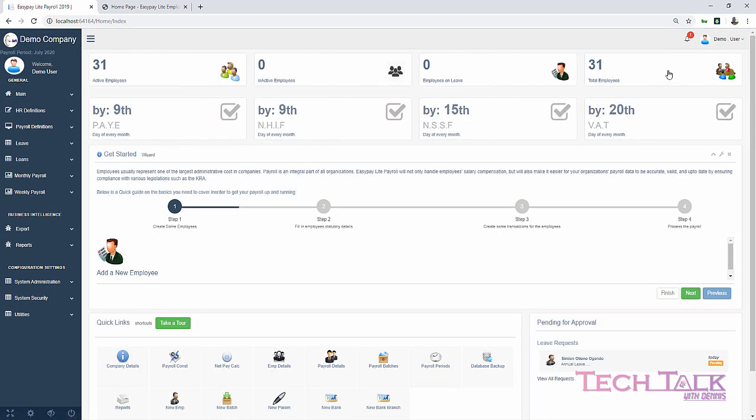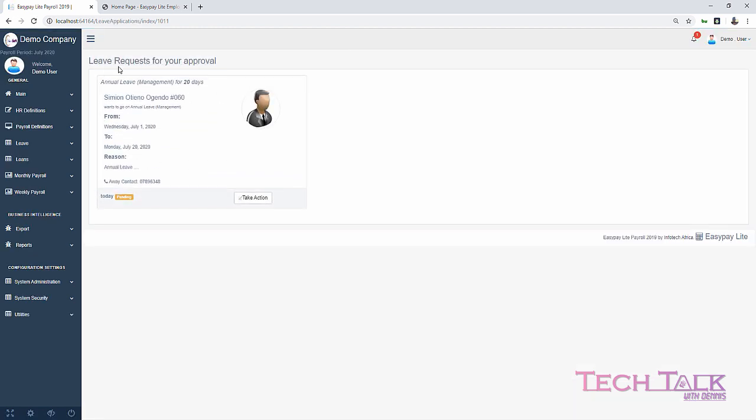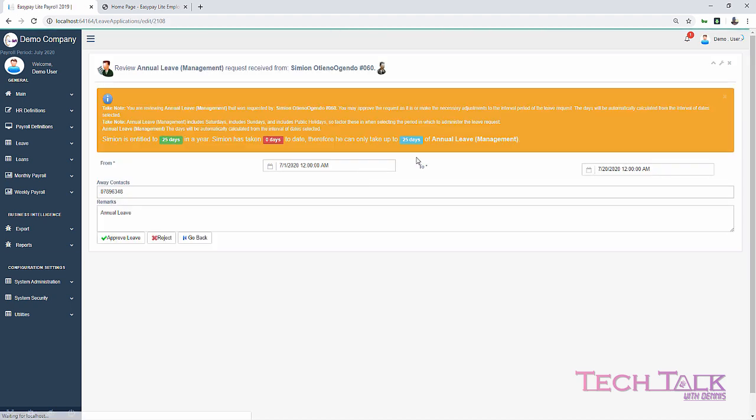So as you can see from our dashboard here, we have a new notification from Simon notifying us that we have received a leave application. So we can just click on the application and it brings us the details of the application. So we can opt to take action on this leave. But before I take action, I also would like just to show you what the managing director receives on his end. So we'll just go back,